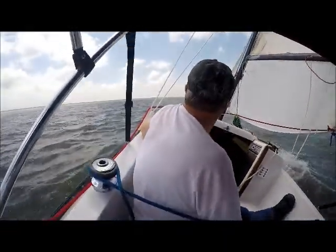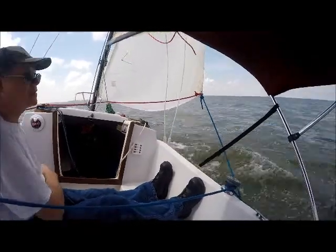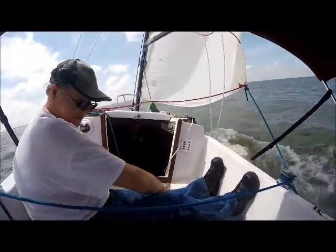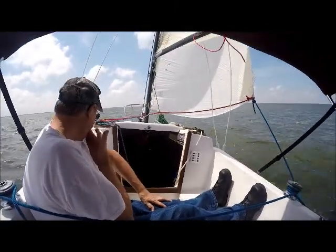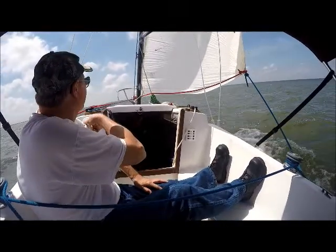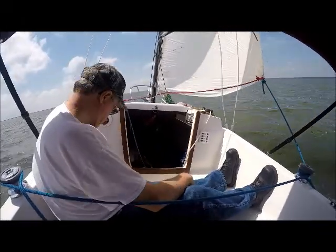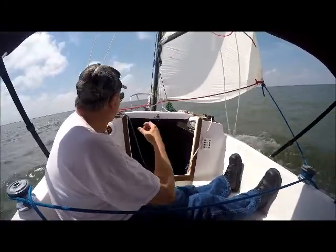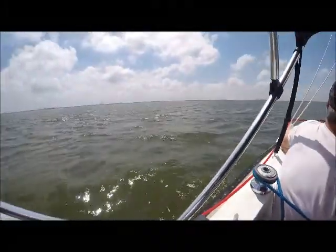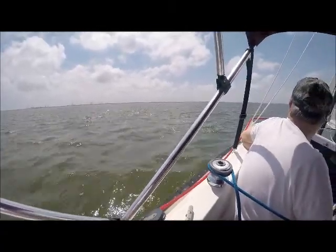All right, we're just cutting across to the other side. No ships. We're just tacking across to the other side. And then we'll tack out toward the Gulf of Mexico a little farther. We're still about a mile away. We had to tack back across and get out of the way of that big ship. And we hit Bolivar Island and couldn't go no farther. So we're tacking back. And then we'll be going that way to Galveston Island and going out to the Gulf,